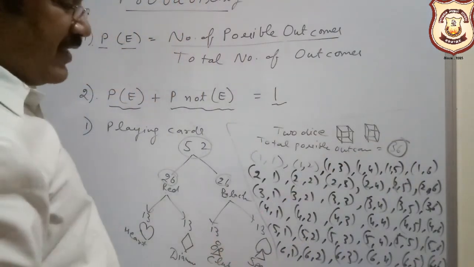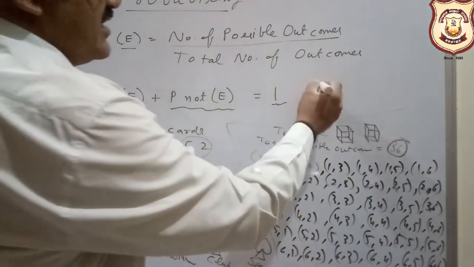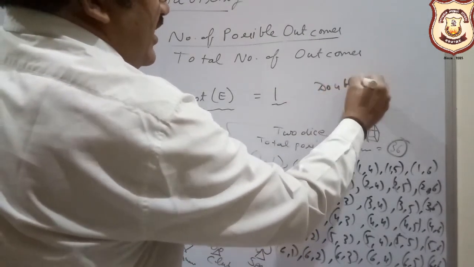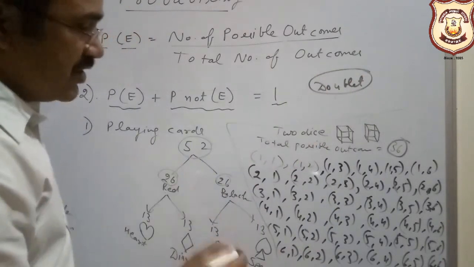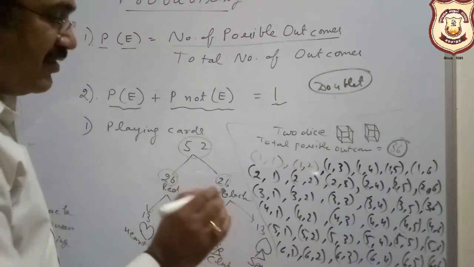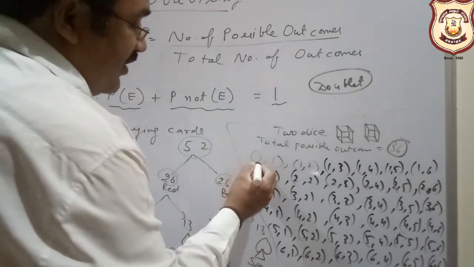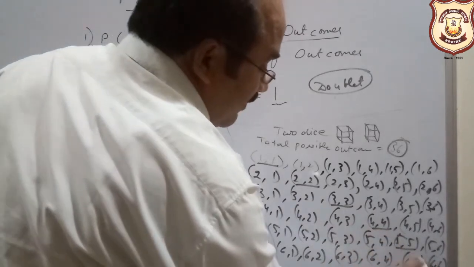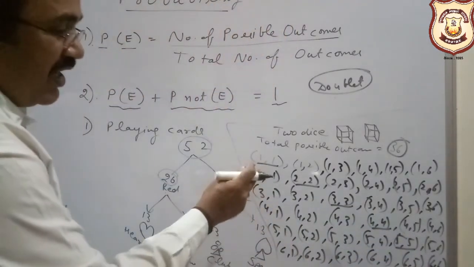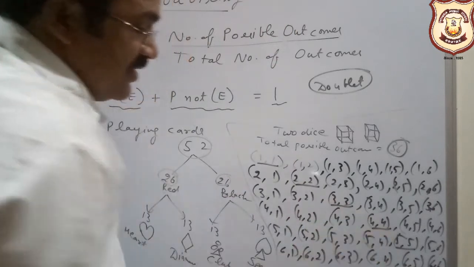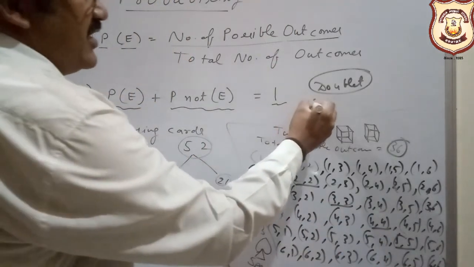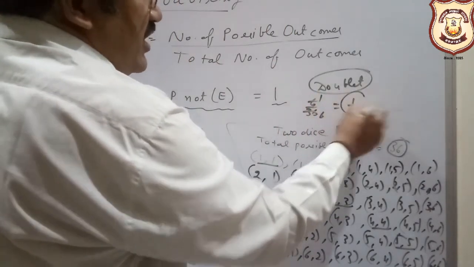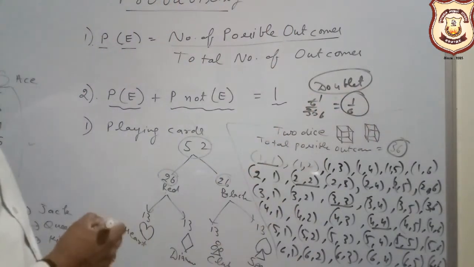In the exam, sometimes a question can ask regarding doublet. D-O-U-B-L-E-T, doublet. Means on both dice the same outcome you will get: (1,1), (2,2), (3,3), (4,4), (5,5), (6,6). So how many become? 6. So the answer becomes 6 by 36, which is 1 by 6. So these two concepts are important, take it seriously.